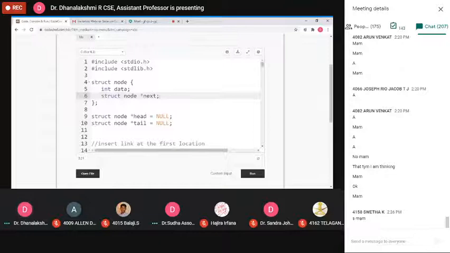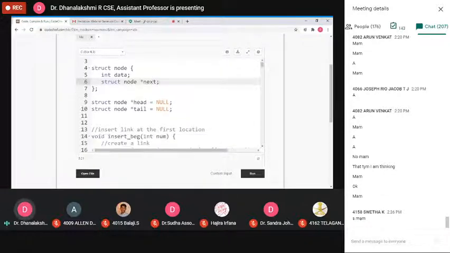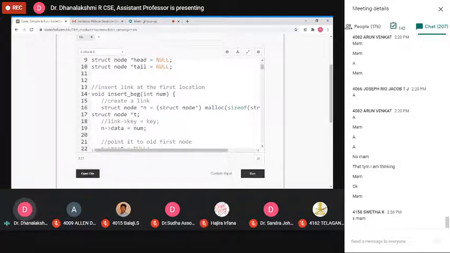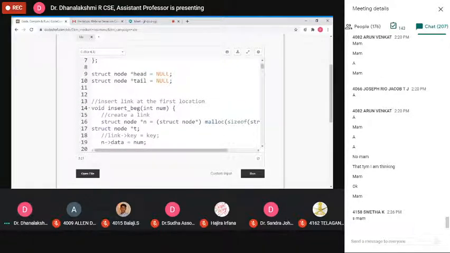Okay, thank you. So this is the implementation part of the singly circular linked list. First, whatever header files you want, you can include. Here I have included two header files, stdio.h and stdlib.h. Since this is a singly circular linked list, we are using two parts in a node, the data part and the next part. Throughout this program, I am using head and tail, two pointer variables, declared initially as struct node head equal to NULL and struct node tail equal to NULL. If you want, you can take a screenshot, but otherwise I will show it in Word format.